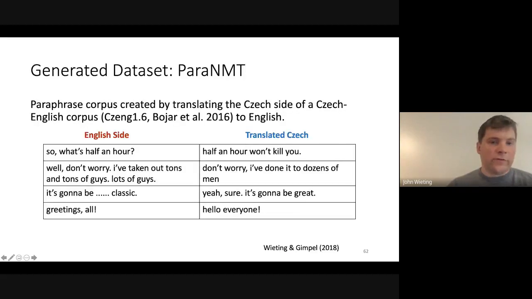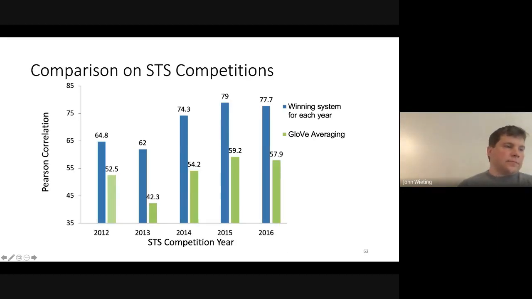This is useful for other things besides learning embeddings, as I will discuss very briefly, but it's also useful for paraphrasing. And here are some examples just to show that these don't line up as closely as you might think if you look at n-best lists and stuff like that, due to the nature of the underlying corpus. So, now that we can create this corpus, we did it at scale. CzEng is around 50 million, so we made about a 50 million corpus, and then filtered it a little bit.